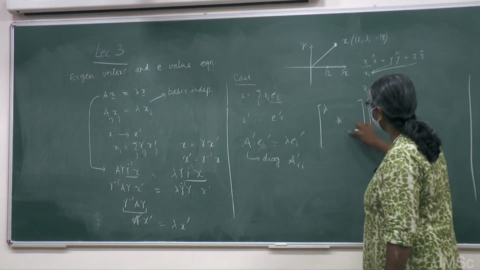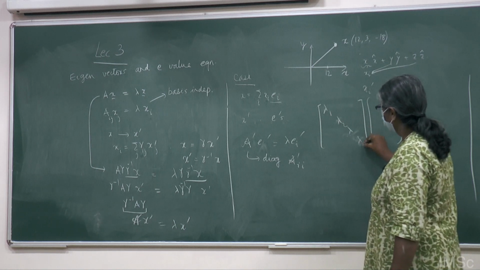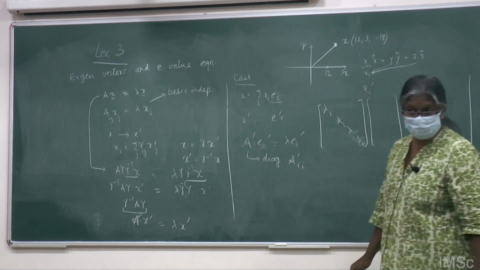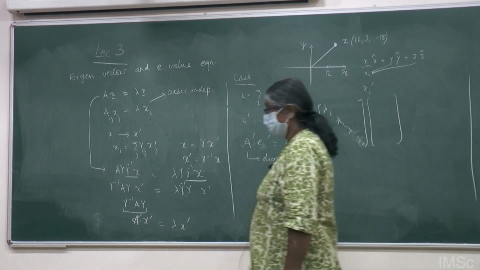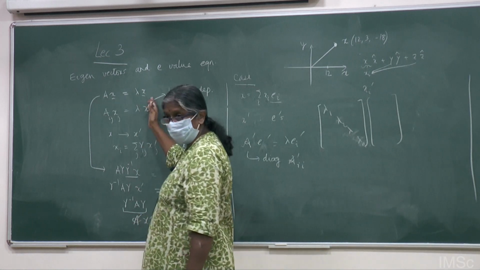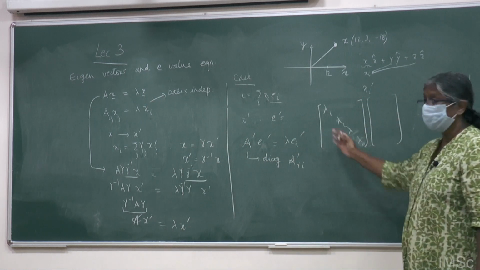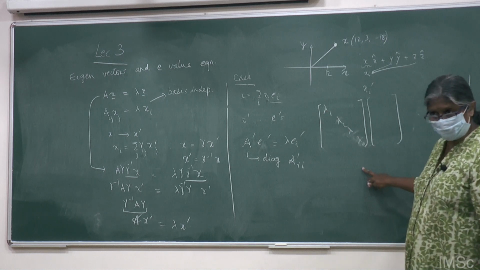And that is very important: the lambdas don't get transformed. They are the invariants. So by this procedure, I can take any arbitrary matrix A, take the eigenvalue equation, and transform the x in such a way that I diagonalize my matrix, and the diagonal elements are the eigenvalues.